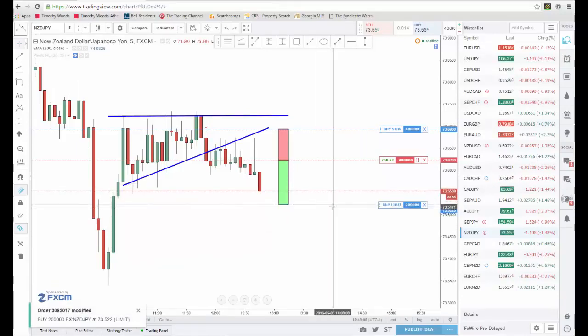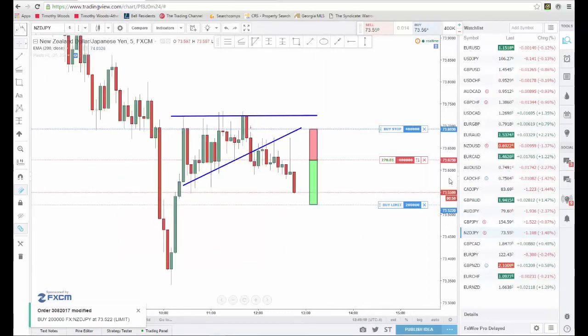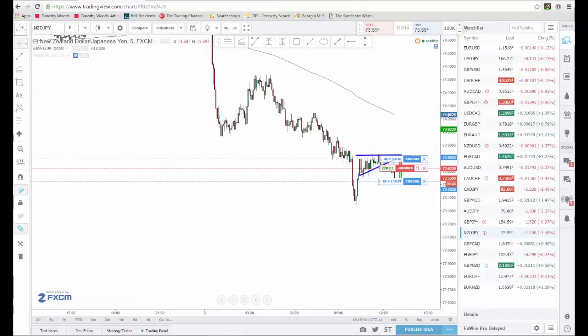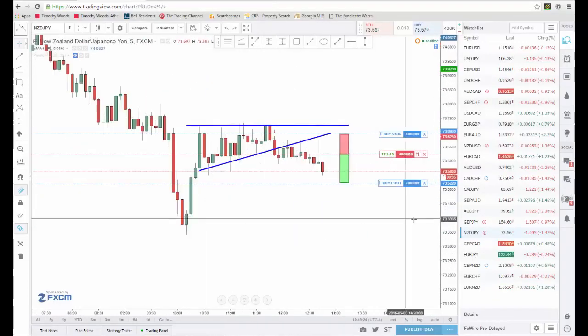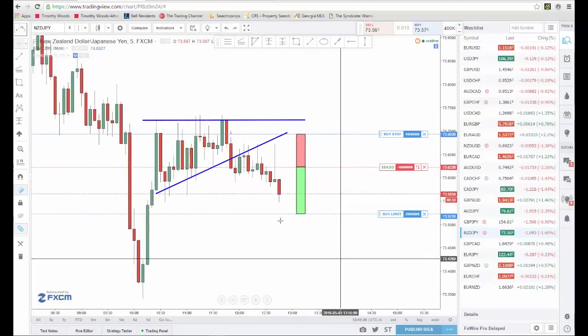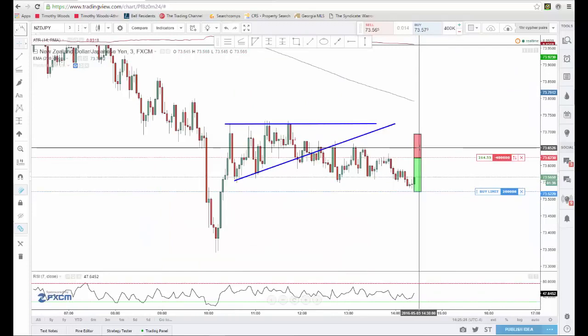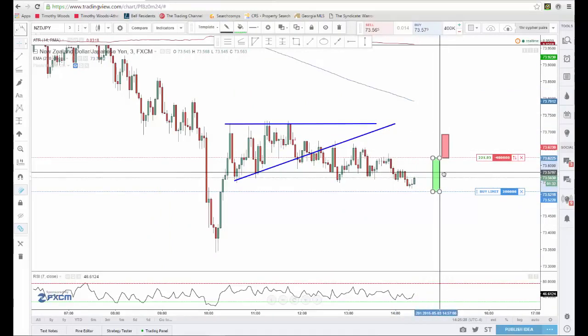So I'll be taken out for first targets here. At that point I'll move my stop loss down to break even and see if we can get some kind of trend continuation to the downside. As you can see, this market has been bearish for the past couple of days. Alright guys, I'll go ahead and pause the video and I'll be back if we end up hitting targets or getting stopped out. Here on the 3-minute chart you'll see that we've actually put in a descending triangle as well